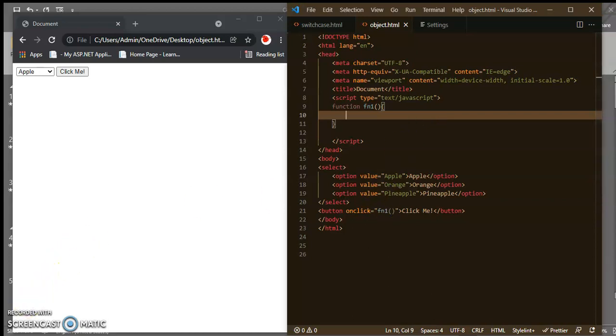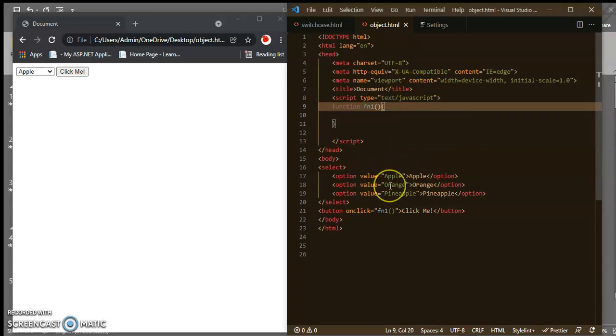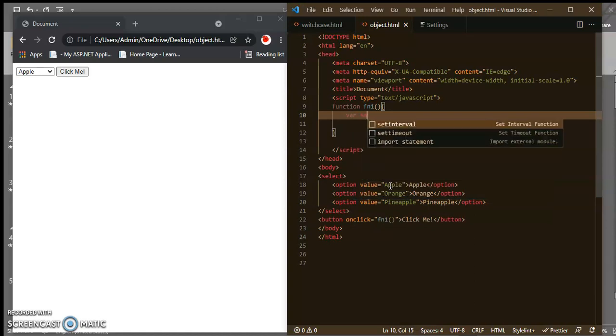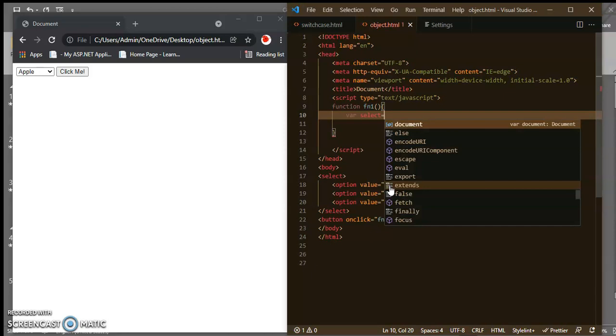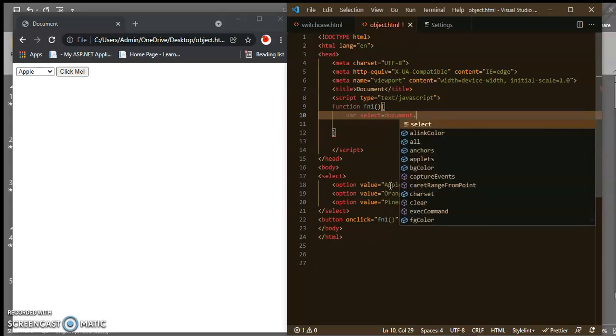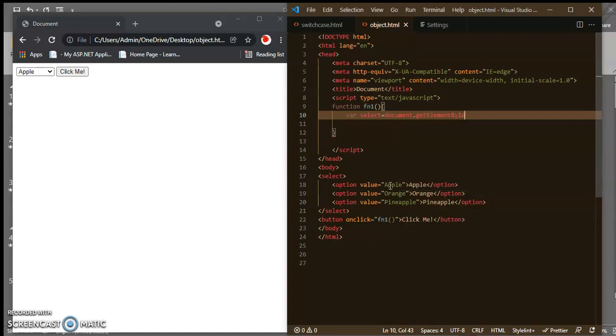Inside of that I will now create the variables. I want to fetch the value of these options. So first I want the id, using a variable. Suppose select is my variable name: select equal to document.getElementById, and inside of that I will pass the id.